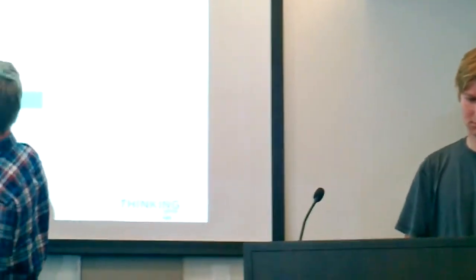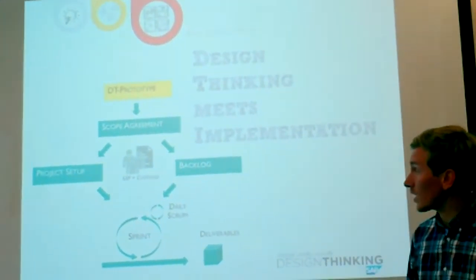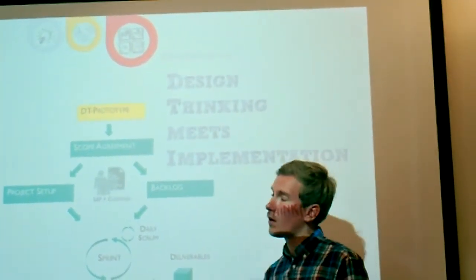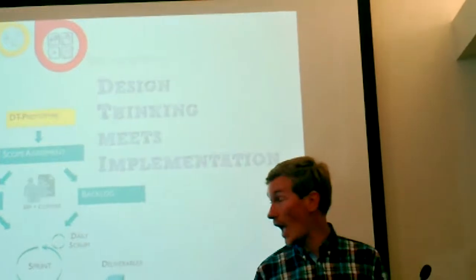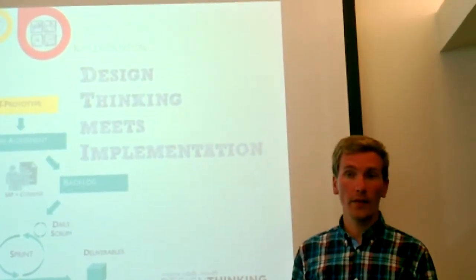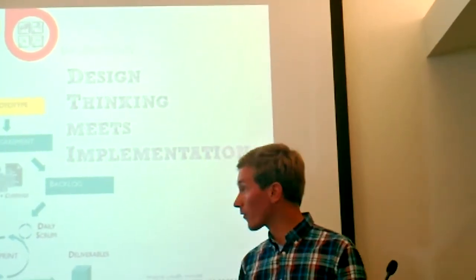So we do a scope agreement. We have a project set up. Both parties, SAP and the customer, agree on a certain scope and create kind of a backlog. And then this is really specific for our team. We are a team which is doing this in the agile process. So this means we're having sprints of 1 week, and this lasts over 8 weeks. So we have 8 sprints, and each week we have a delivery, which we show to the customer, and at the end, hopefully, we will have a deliverable which we can show to the customer,